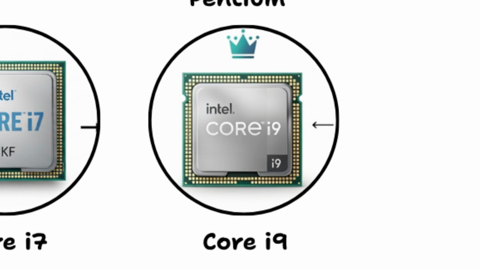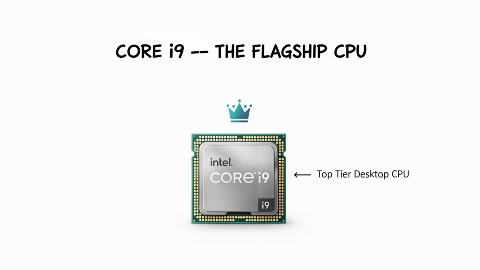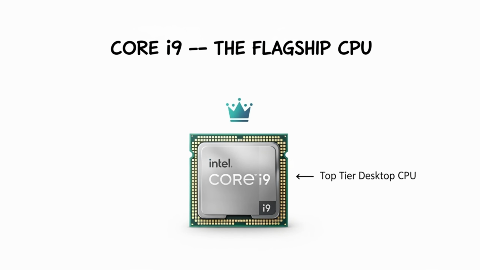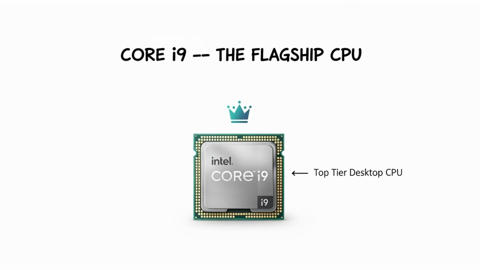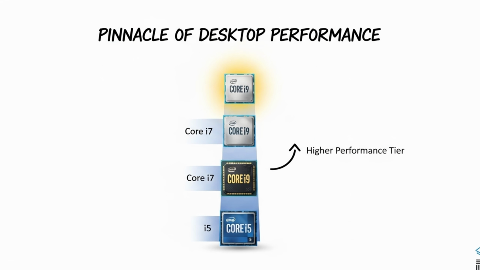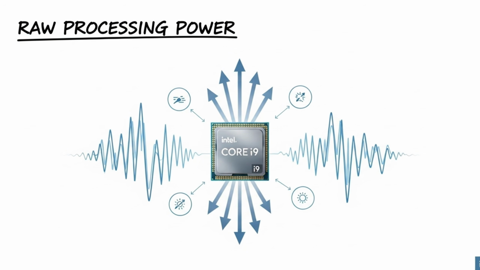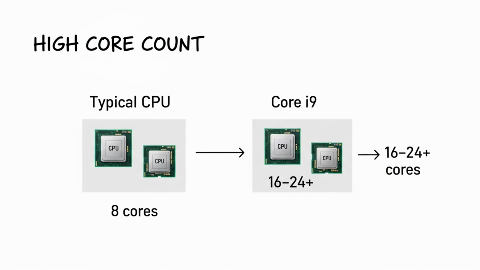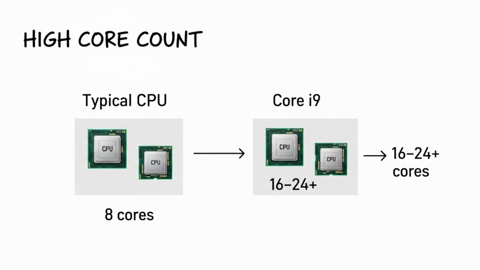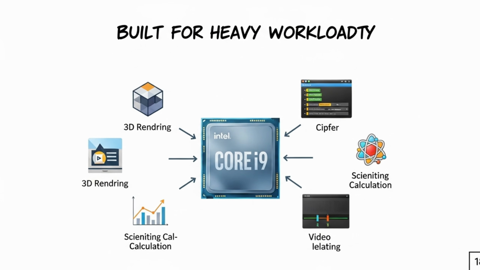Intel Core i9. At the apex of Intel's consumer lineup sits the Core i9, a processor that represents the absolute pinnacle of desktop performance for enthusiasts and professionals. This is raw, unbridled power. With core counts soaring from 16 to 24 and beyond, the Core i9 is designed for workloads that would cripple